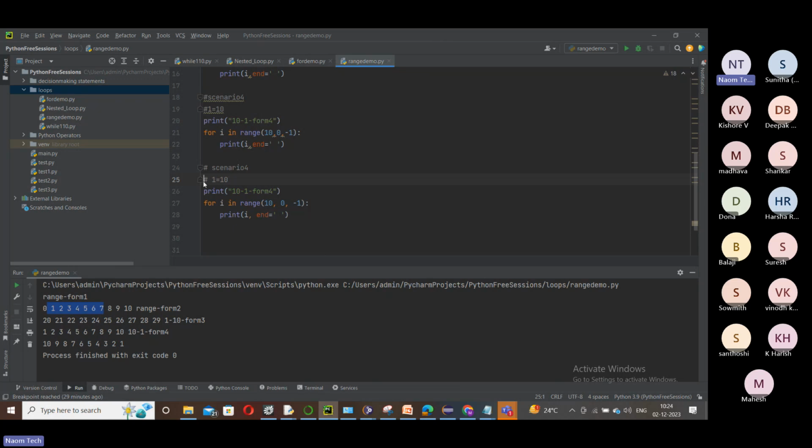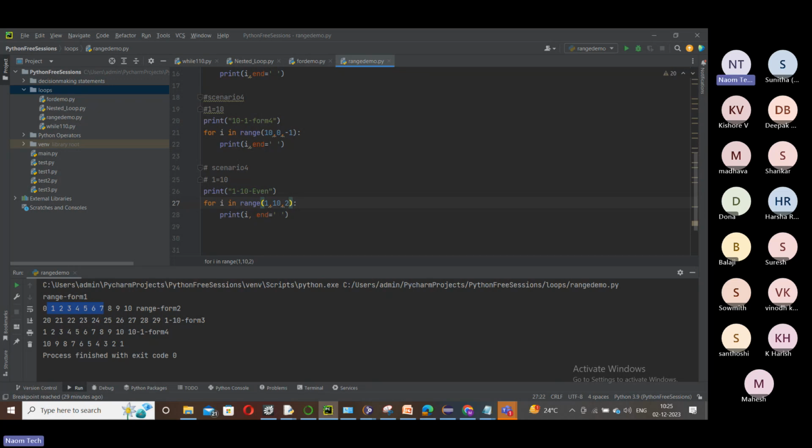So let's print even numbers from 1 to 10. Anything is fine. So 1 to 10 and then form 5. Here we are printing even. Put 1 and then put 10, and then what should I do if I want even numbers? Step should be 2.